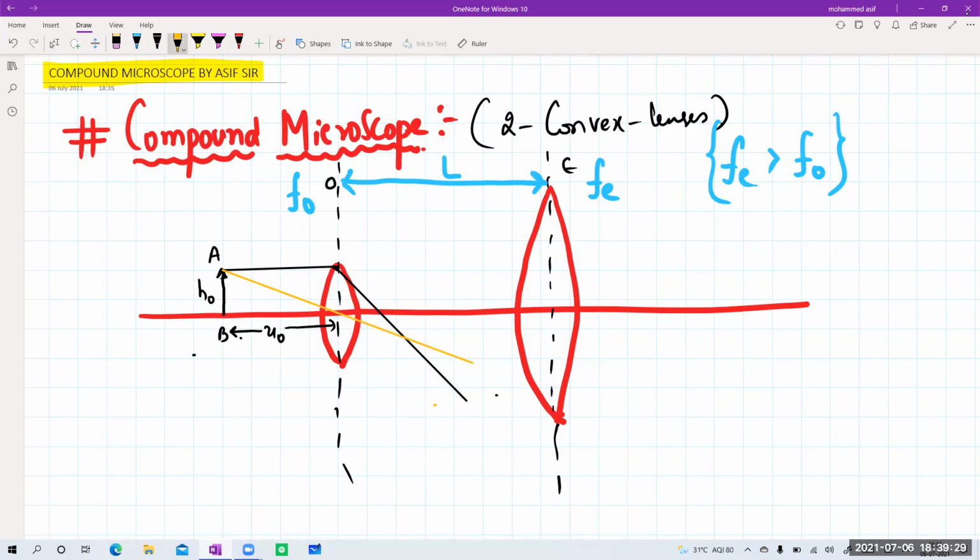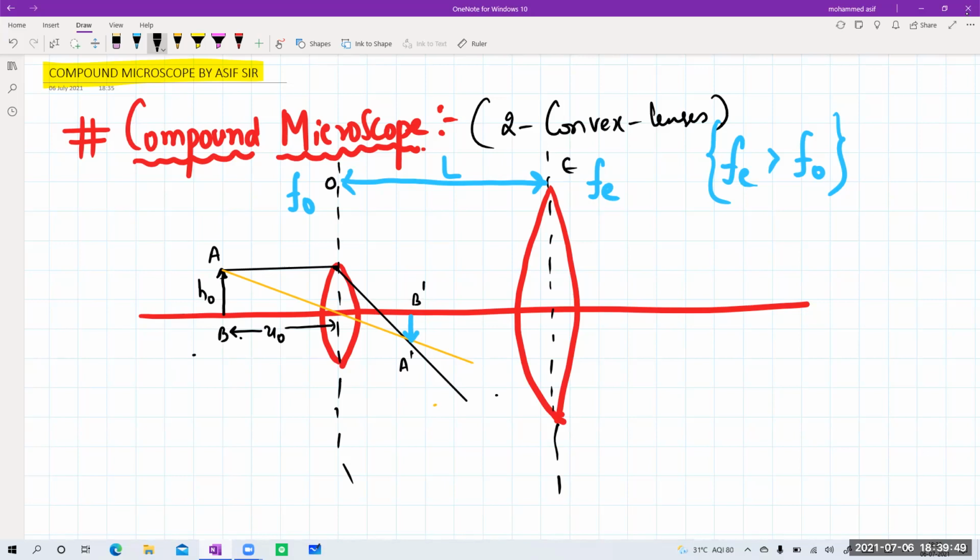Okay, so this is an optic center. The image of this one will be formed somewhere here, wherever these two points meet. So this is known as the image formation. Clear? So this is your A and B. This is your B dash and this one is your A dash.